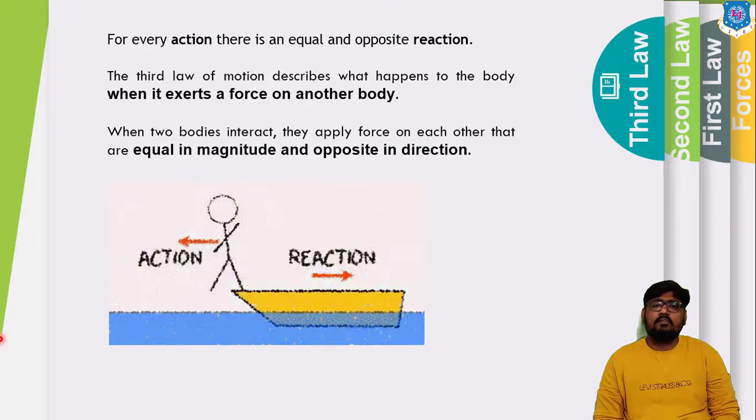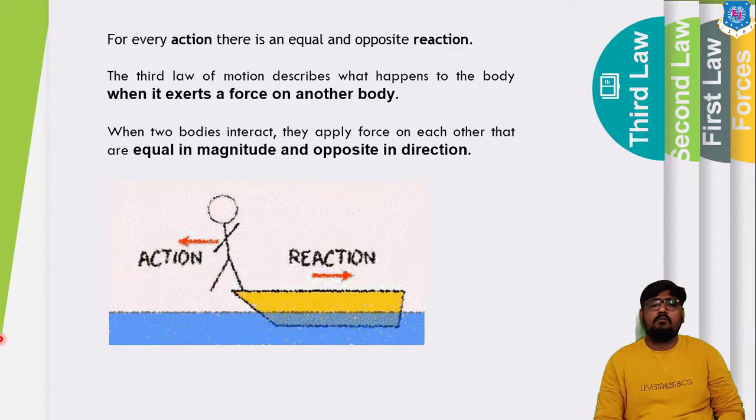So let us come to the next topic, that is the third law of motion. It is very widely known: for every action there is an equal and opposite reaction. So that is the third law of motion. The third law of motion describes what happens to a body when it exerts a force on another body. It means there is some interaction between two bodies, and it describes the effect of that interaction on both